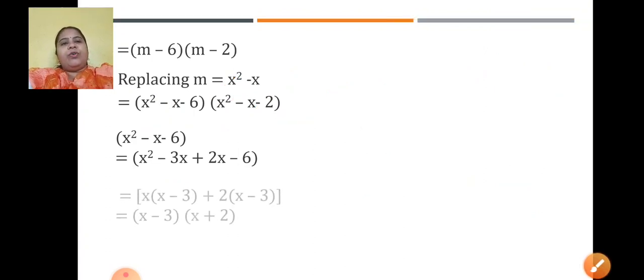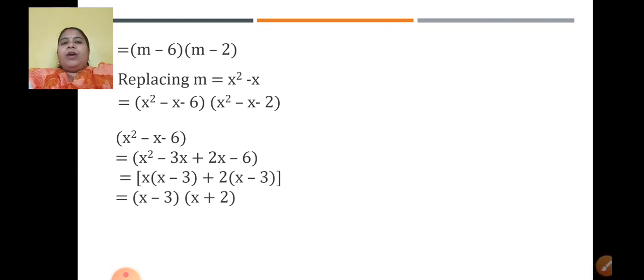Okay. So see how it is written. Now I hope after doing that previous question, what we have done in the previous sessions, you might be understanding how common is taken. X square minus 3x, x is taken common. From here x will be left, 3x, 3 will be left. From this what is taken common? Plus 2, right? Now in the bracket x, 6 divided by 2 is nothing but 3. See, x minus 3 and x minus 3 is repeated. So that is one of the factors, x minus 3. What is the other factor? X is here and plus 2 is here. So x plus 2. So when I factorize this, I get the factors as x minus 3 and x plus 2.